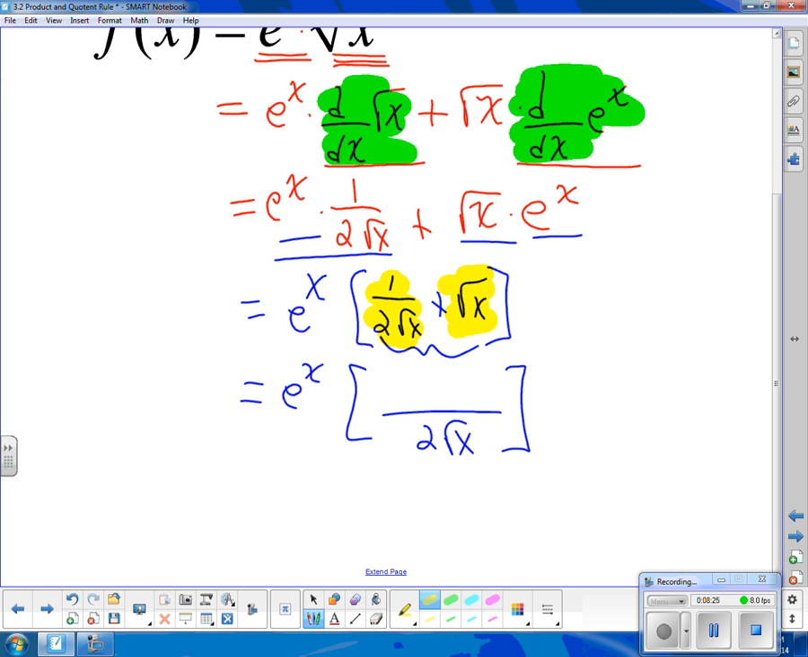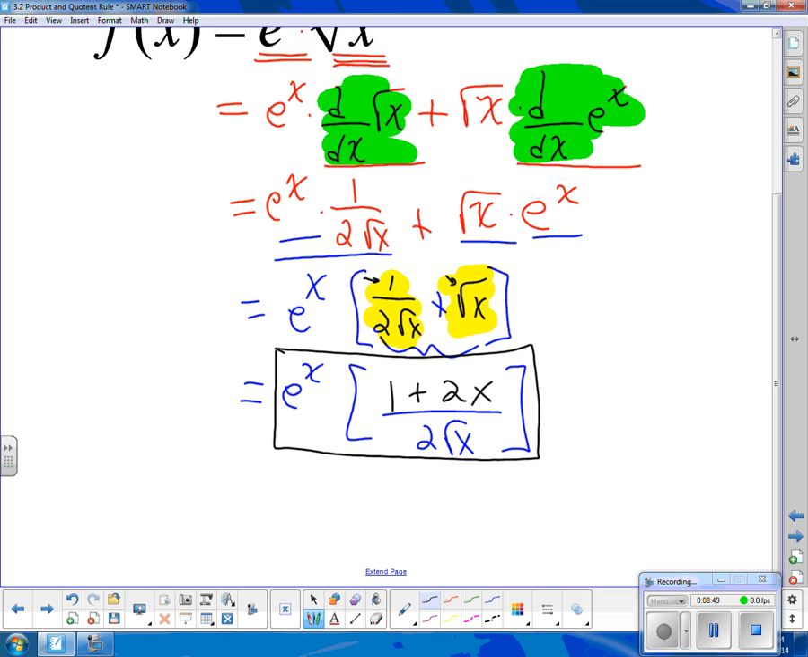The square root of x does not. So I don't need to multiply the numerator of this fraction by anything. I can leave it as 1. The second part does need to be multiplied by 2 root x. So I'm going to multiply square root of x by 2 root x, which is going to give me 2x. And now I've combined those. There's really no other simplification. So this is what we're going to call the derivative of e to the x times square root of x